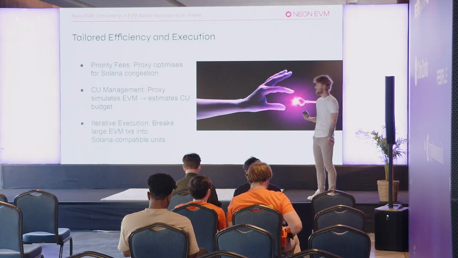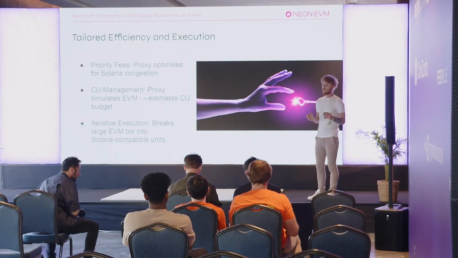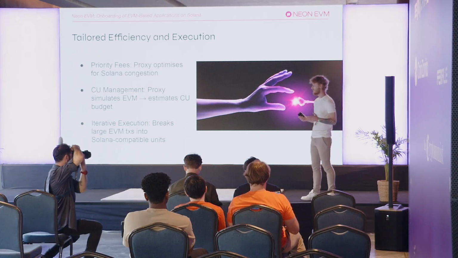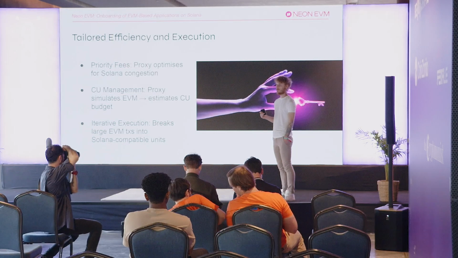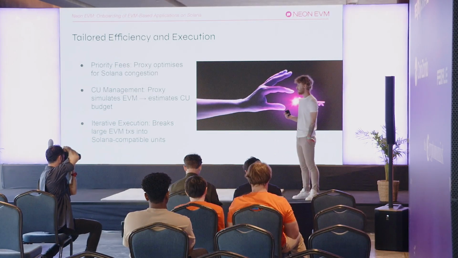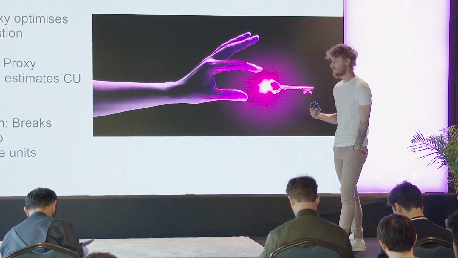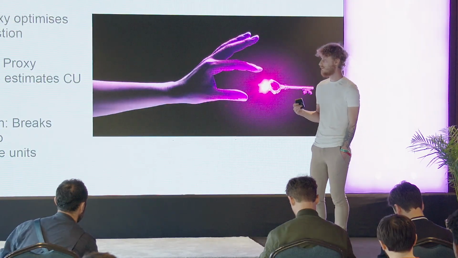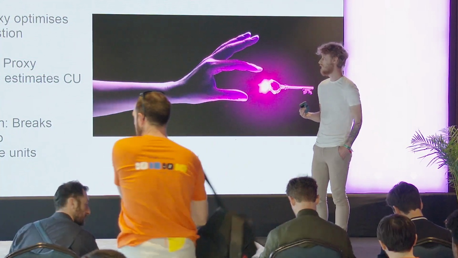And how we did this is we implemented iterative execution that breaks the entire EVM transaction into small transactions that can fit within the per transaction limit on the Solana network. It basically breaks the large operation into smaller transactions and then executes them as a sequence. There is on-chain logic to ensure the atomicity of the entire sequence, meaning that if any of the transactions fail, the entire sequence is rolled back to preserve the